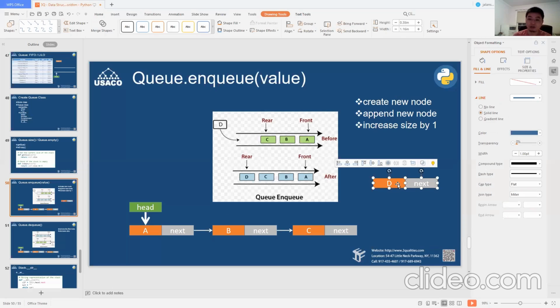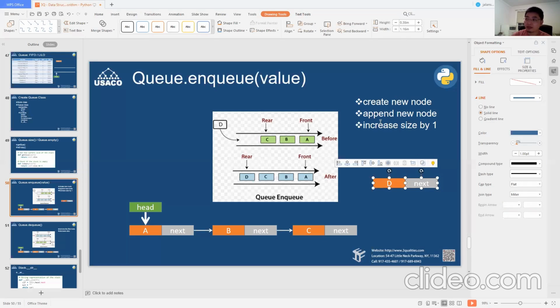So what should I do next? I want to append. How can I append? Make the current head.next... Make the new node the head.